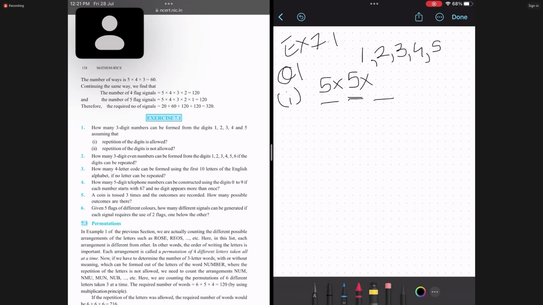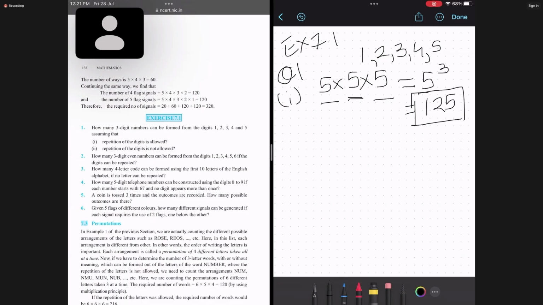And similarly, in the third digit, we can also use all 5 digits to fill it. So the answer that we get is 5 into 5 into 5, which is nothing but 5 cube, which is nothing but 125. So 125 numbers can be made which are 3 digits long using 1, 2, 3, 4, and 5 if